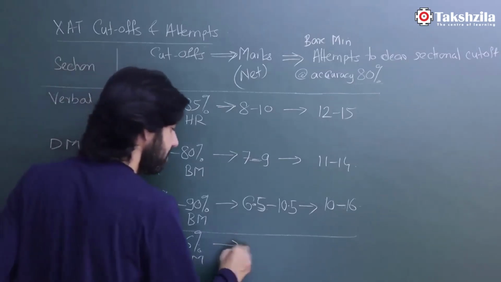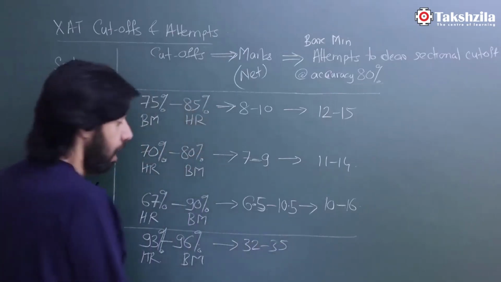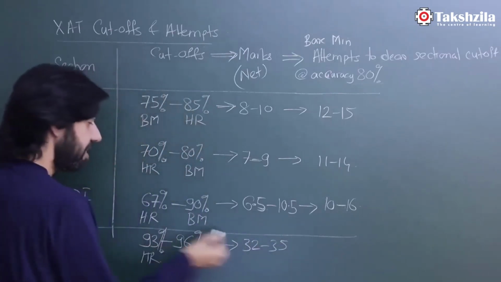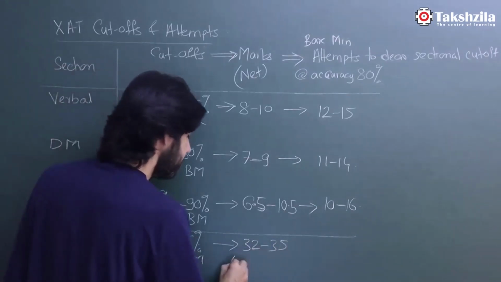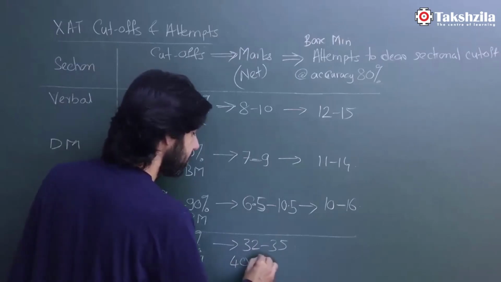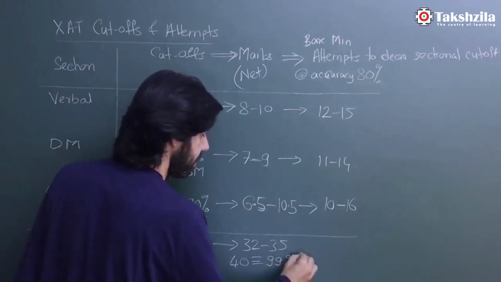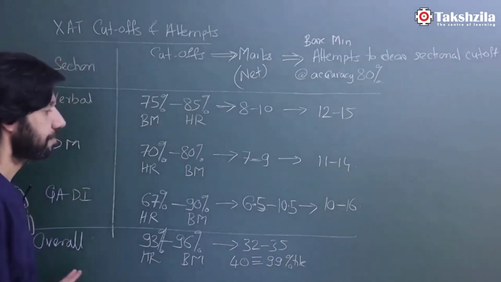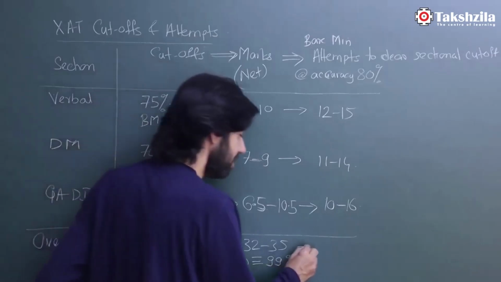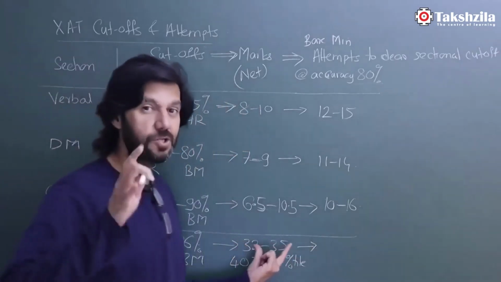And in marks, this will translate to between 32 to 35. Okay, means 93 will be 32, 96 will be 35, and remember, just as a perspective, 40 marks is going to be equivalent to a 99 percentile in XAT. Is this on the screen? Yes. And if I want to convert this again to attempts, straight 32 to 35 still looks okay,